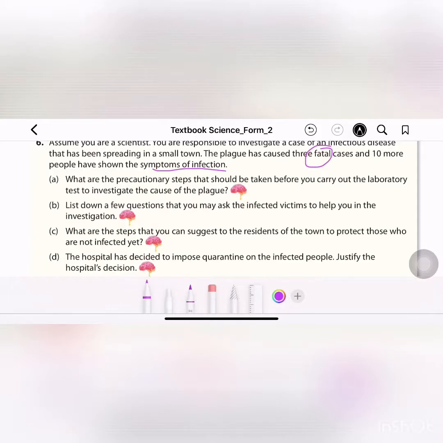Okay, that is symptom. 6A, what are the precautionary steps that should be taken before you carry out the laboratory test to investigate the cause of the plague? Okay, so this one, randomly read your answer. Can be, you can say